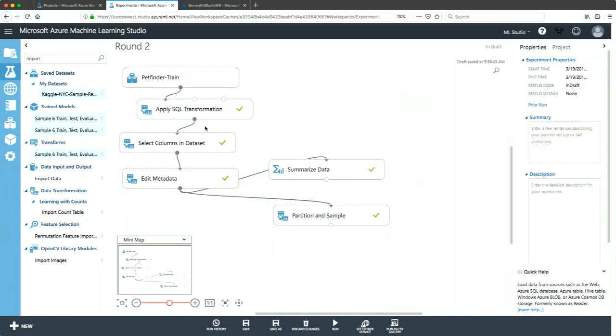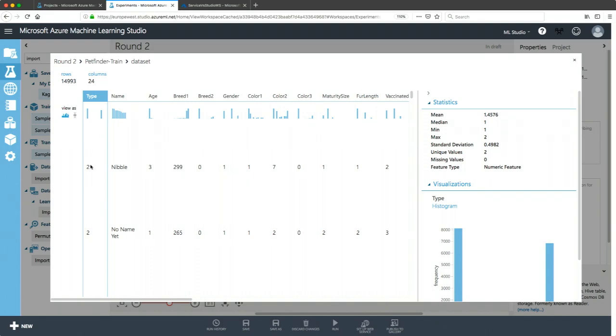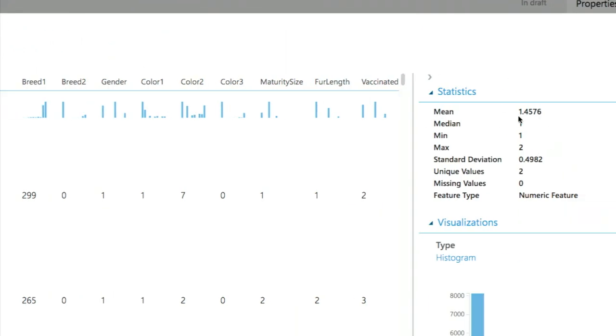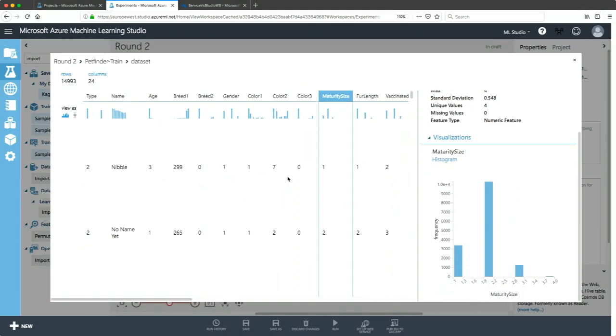Okay. Apart from this, once we've ingested the data, we can also analyze the data and run some transformations. And the cool part is, again, this visualization. I can look easily at the distribution of a column. You see, I have 2 values here. I easily see that I have 15,000 entries and 24 columns. I can also get some statistics, and I can do that for any of the columns. I have some nice charts.